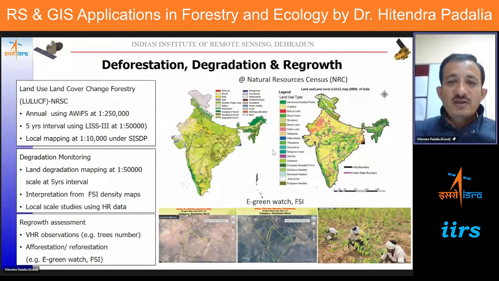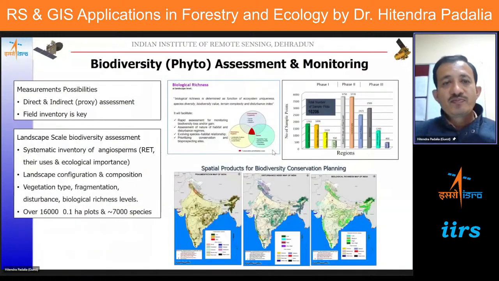So as far as monitoring changes in spatial extent is concerned, India is in a very good position, because we have a long legacy of using satellite remote sensing data by different institutions, both from ISRO and from a nodal agency like FSI, and we have developed enough technical capacity to generate time series change information for forest cover as well as for land use change.